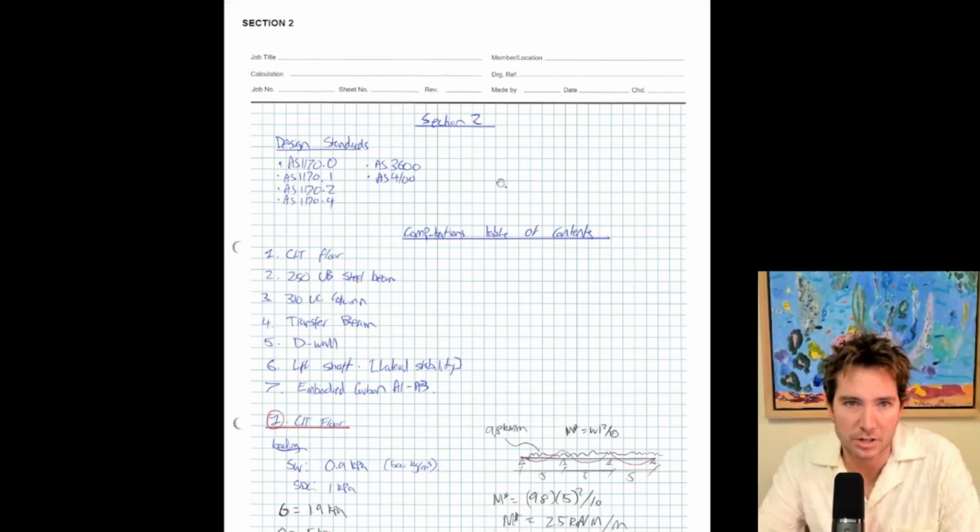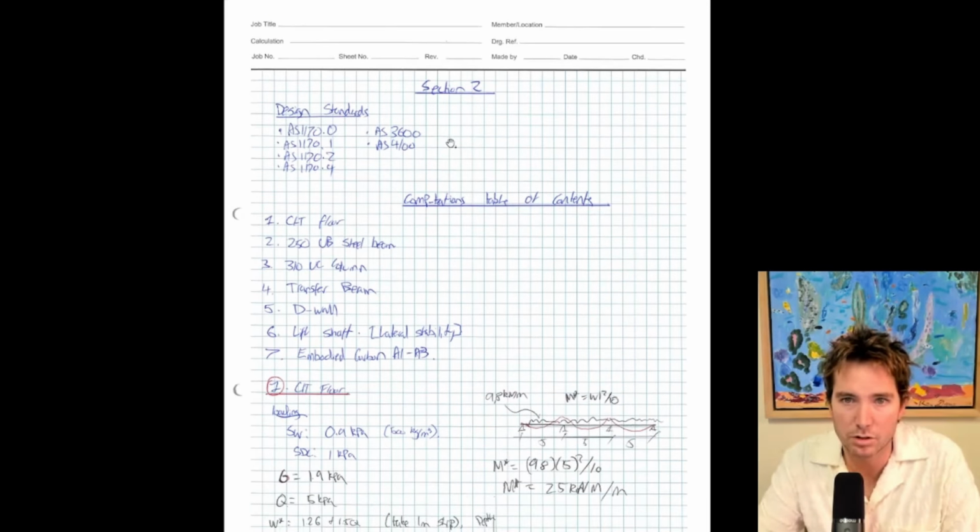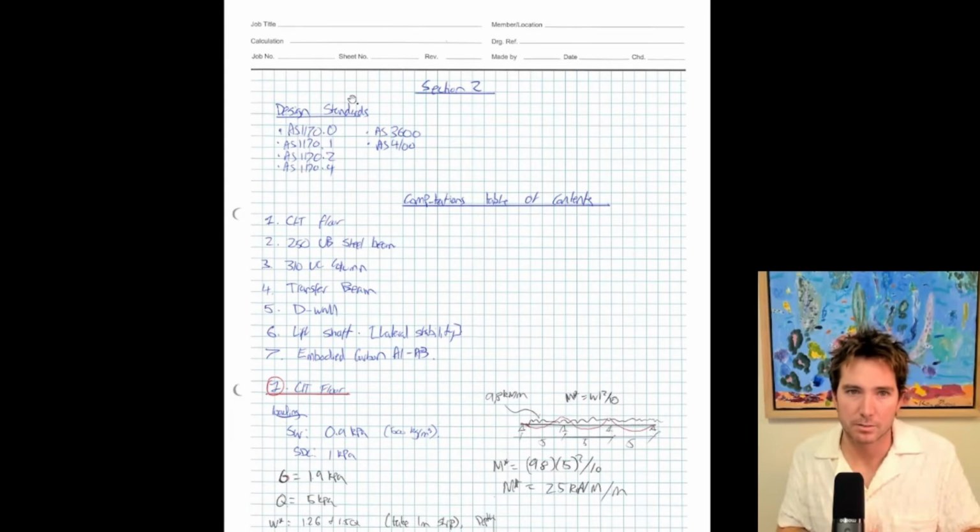So section 2, I'm in Australia, so I put down all these Australian standards to begin section 2. Then I've also just listed out the critical elements that I'm going to be designing here. So I'll just briefly go through them. Won't go through in too much detail, but I've identified the CLT floor, the 250 UB steel beam, my steel